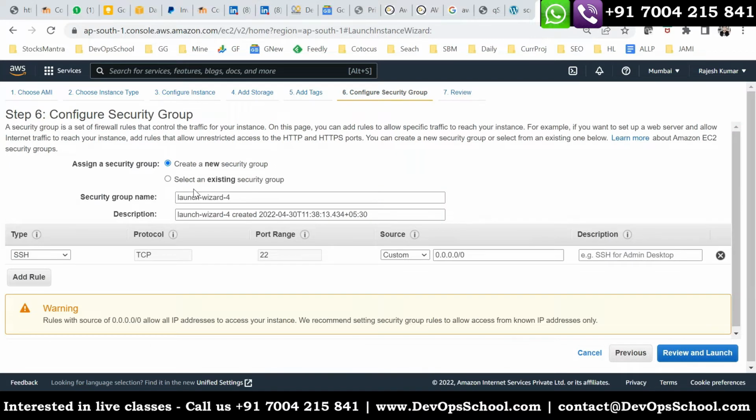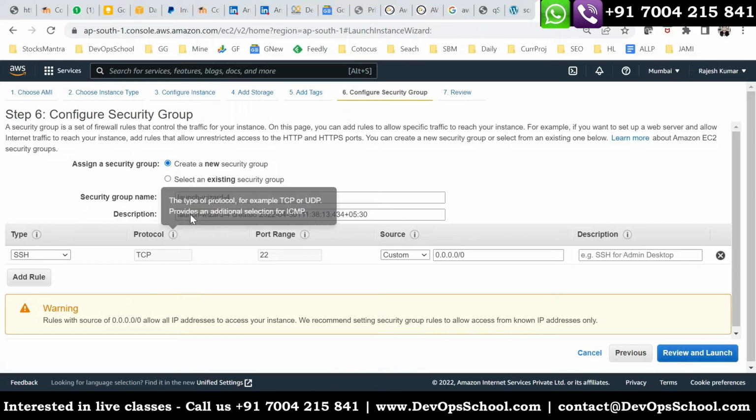And security groups. Mind it, guys. Here, security groups, I said, is an external firewall. I repeat, it's an external firewall. Now you'll say, Rajesh, what are you talking about? External firewall, internal firewall. Just give me a few more minutes. I'll explain it. By the way, this is an external firewall. So here you have